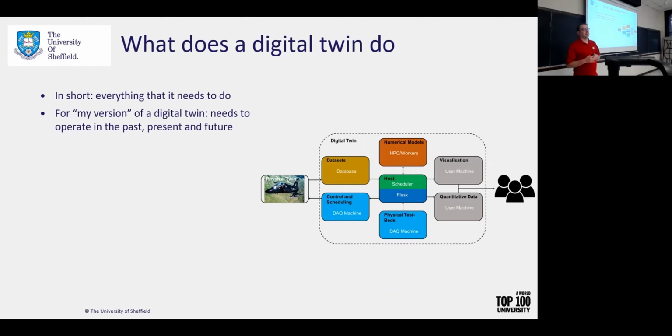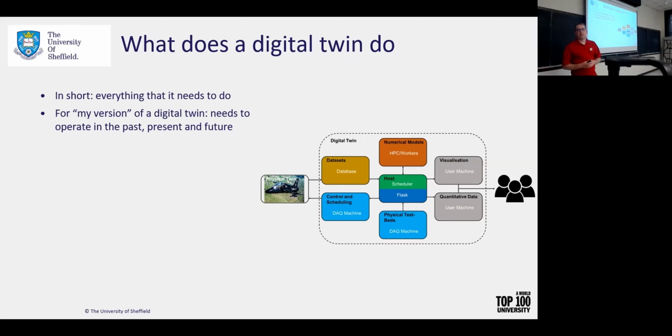Now, the main question that people should ask when asking about digital twin is, what does the digital twin do? I feel that's a much more pertinent and reasonable question to ask rather than what is a digital twin. My cheeky answer is always: what it needs to do. A software does what it's programmed to do. So if you think of the digital twin as a software, you program it to do something and it does it. How complicated that becomes is very particular in terms of the programming, but it does what it needs to do.